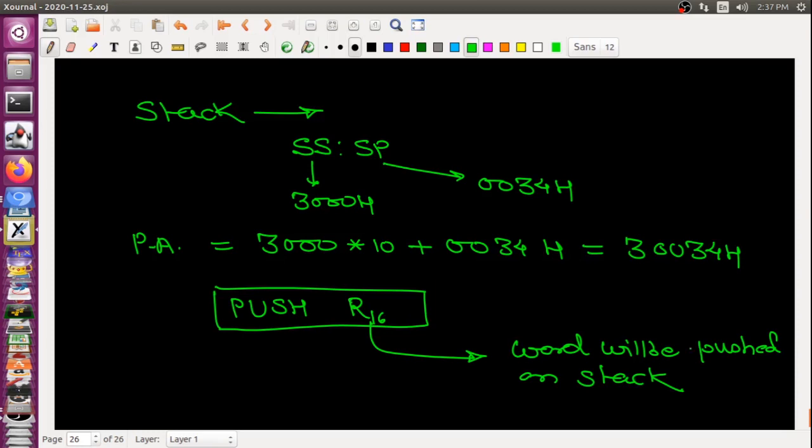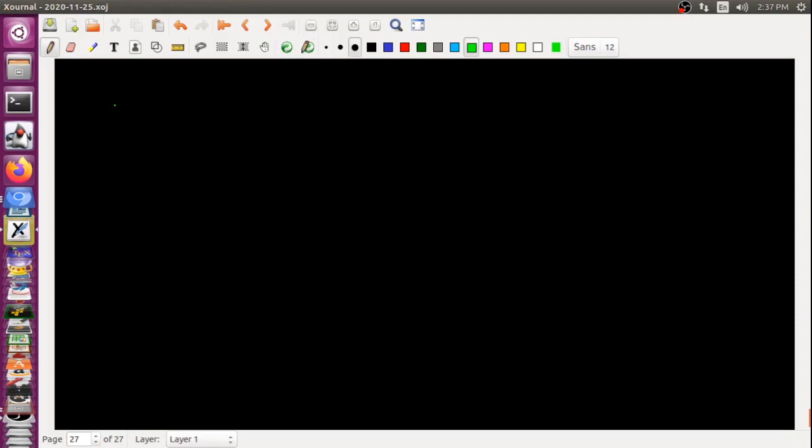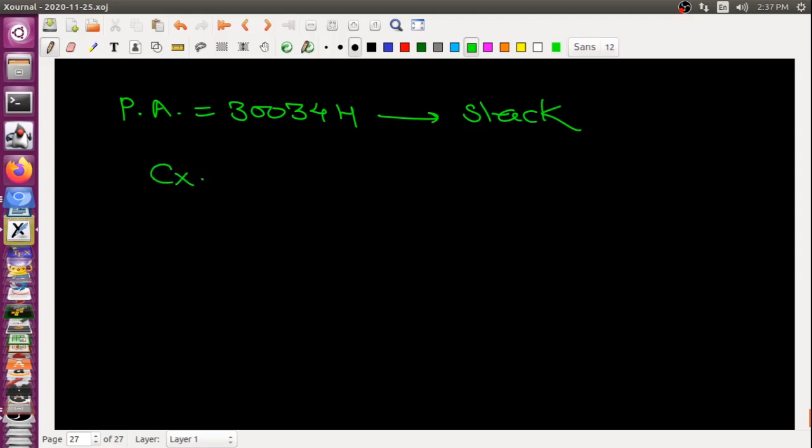Again we will take the physical address with this combination. If I am having 30034H, my stack is initialized here. And suppose I want to push the content of CX, which is having some data.